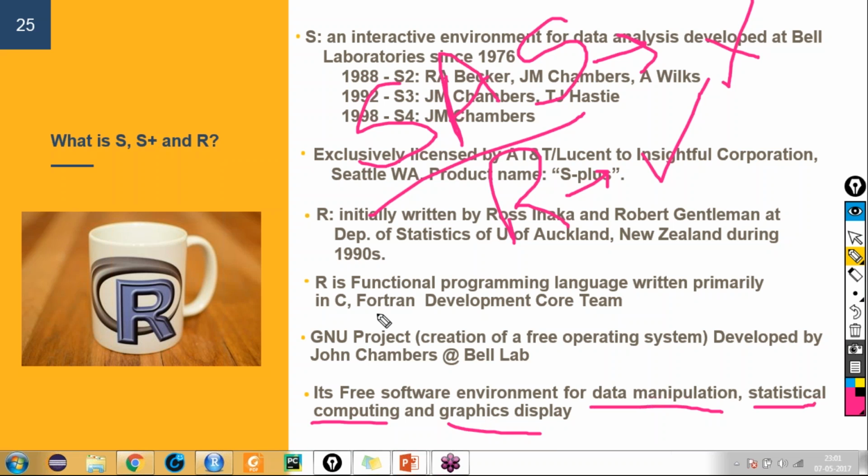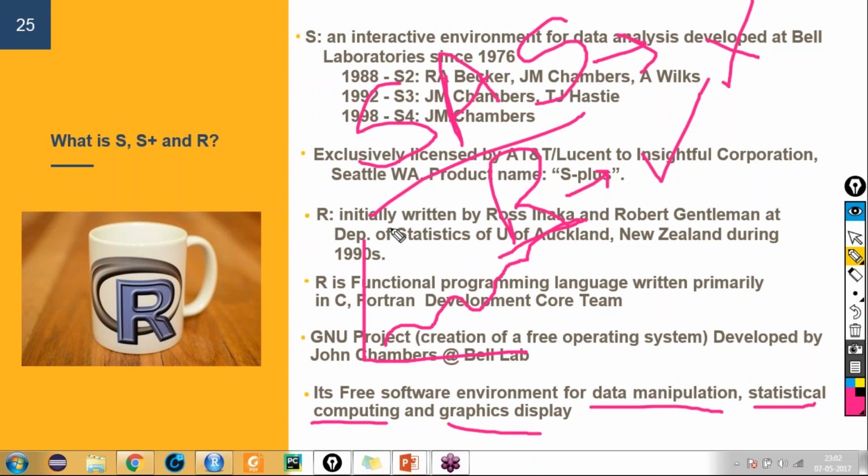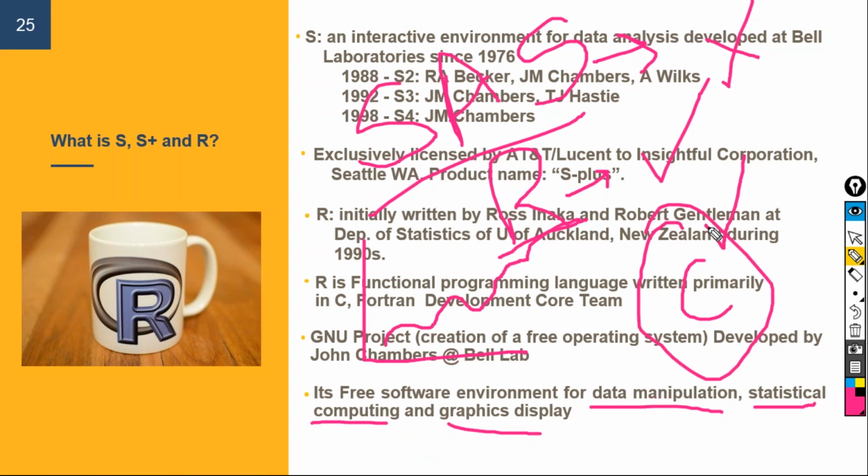So a lot of people have contributed in making different packages, and hence others can use them. That's why it's becoming very popular day by day. The graph is going this way, higher and higher. And because of this, there's a large community which is using the R language,